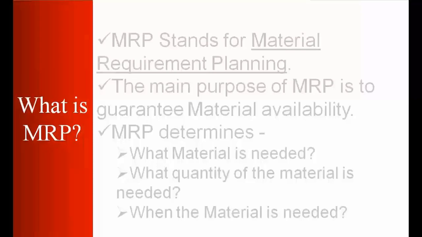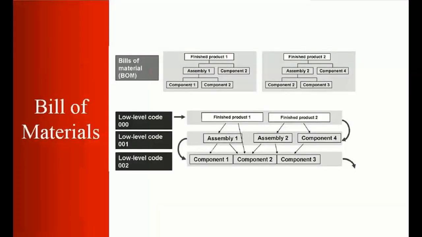So let's have a first look at the overall MRP procedure. How the overall procedure will work, and then we'll go into depth on each of these procedures. Now there's a term in the SAP PP module, the production planning module, which is known as bill of material. They set up a master data known as bill of material. What is a bill of material? Basically, if you are creating a product, that product could have been created from different components. So if you look at this screen,